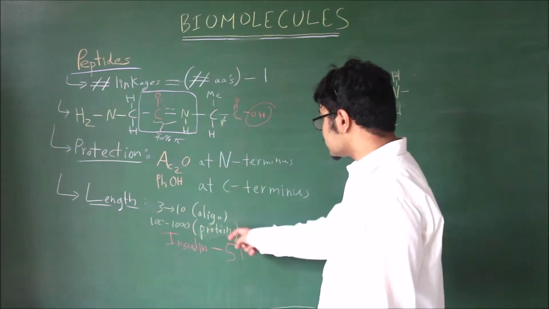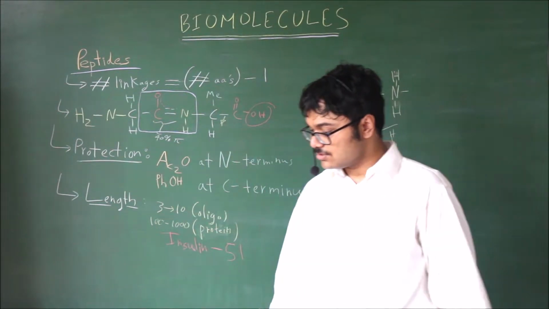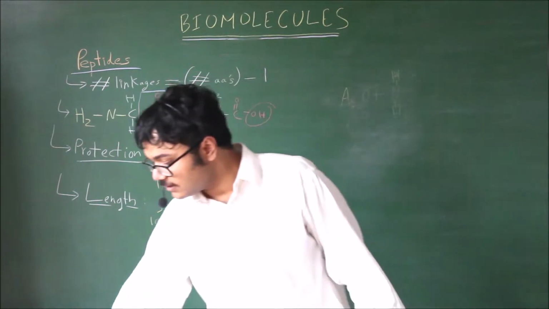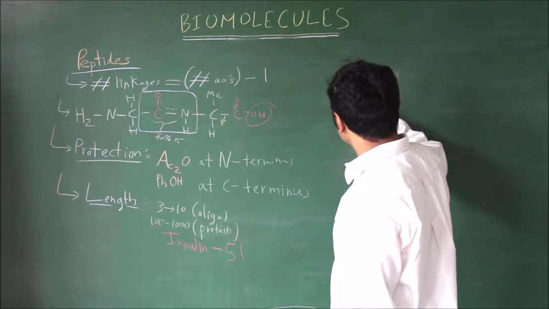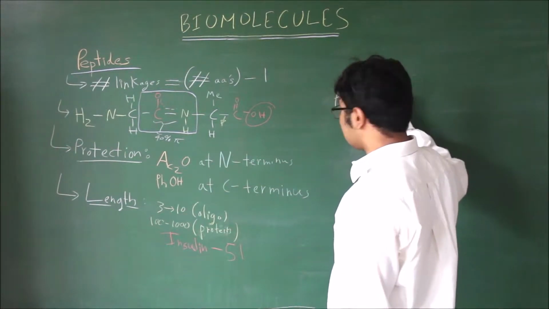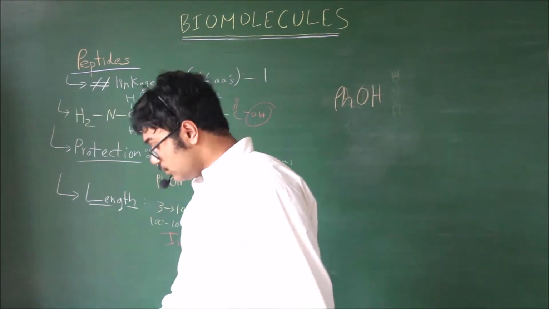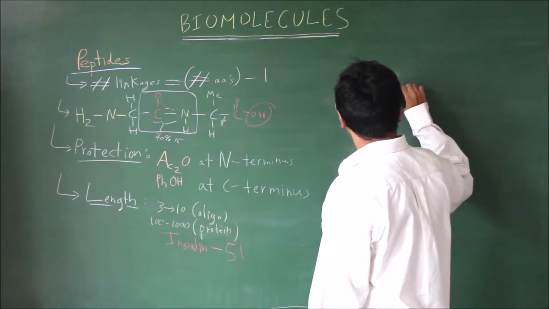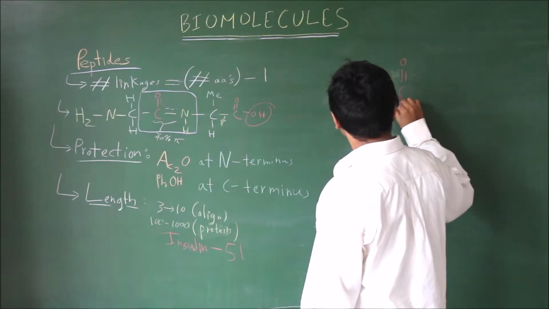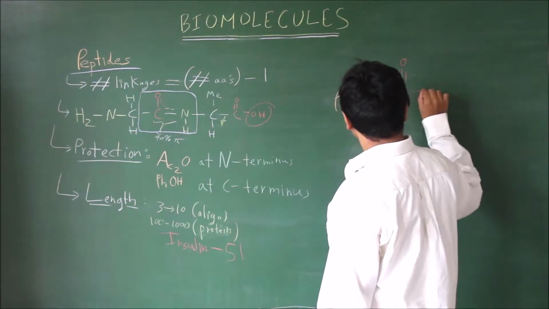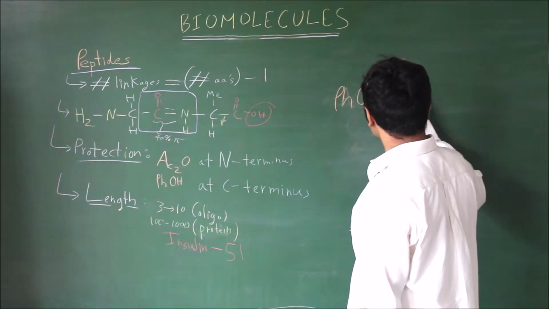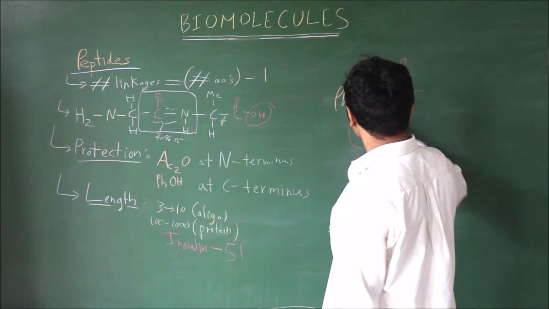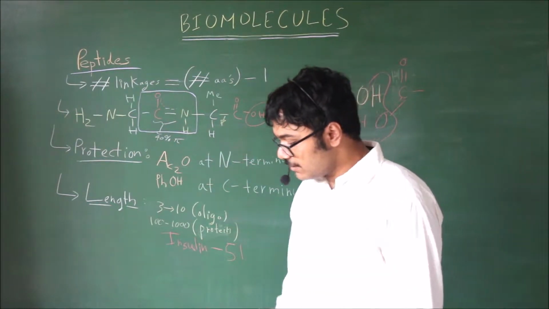That other thing has to do with the OH at the C terminal. So that's not hard to understand. You can see that if you have phenol, that's an alcohol, as you know, and we have any kind of carboxylic acid, then we know that the reaction which is going to take place is esterification, right? So we're going to have this esterification reaction, and we're going to be left with